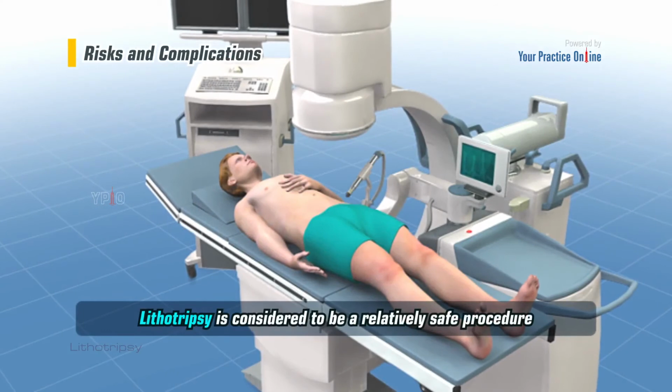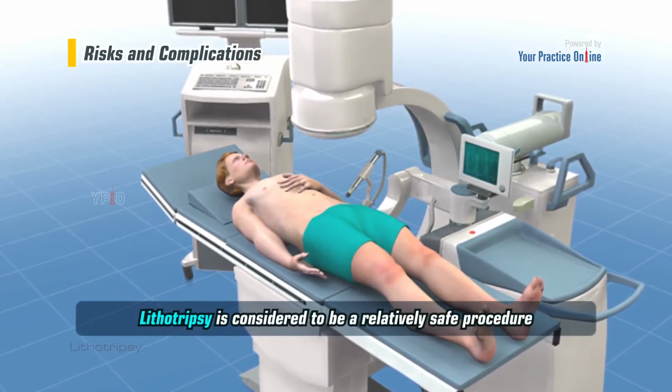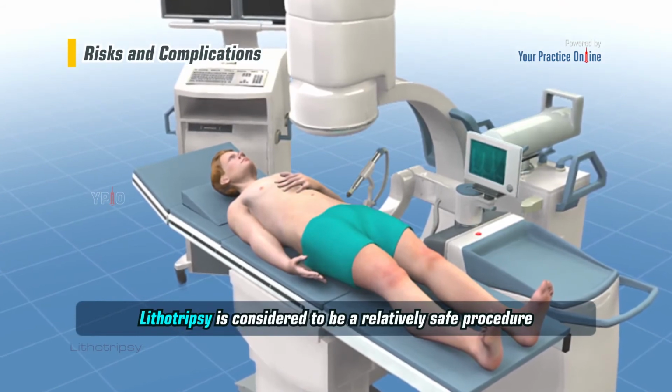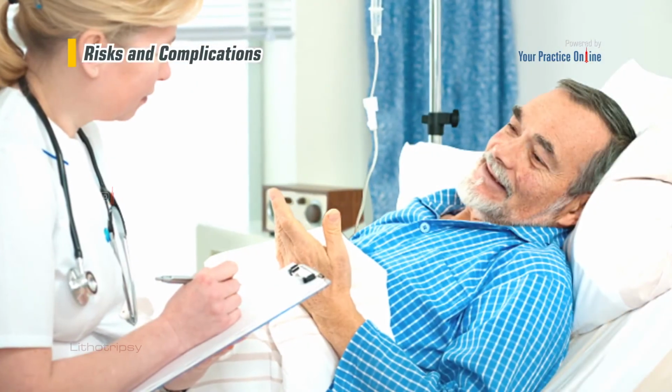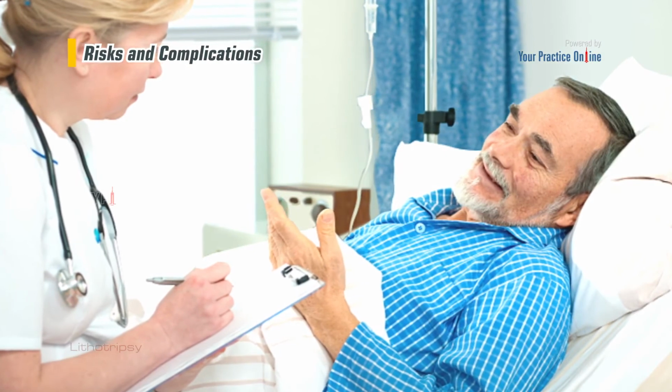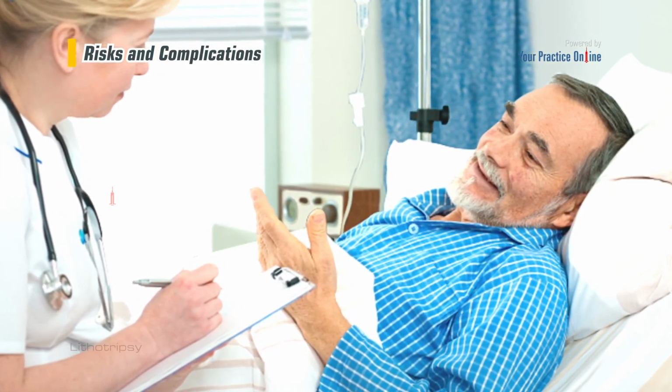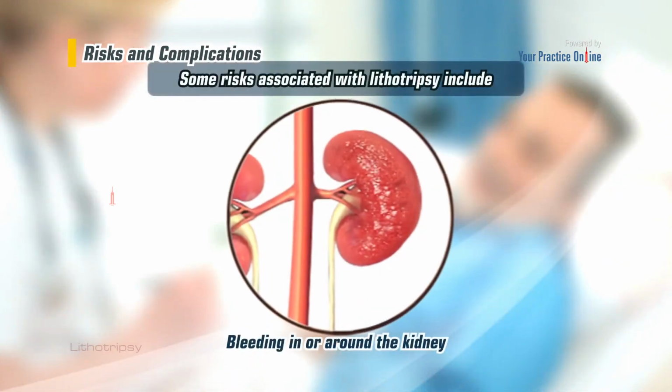Risks and complications. Lithotripsy is considered to be a relatively safe procedure, but as with any medical procedure, there are risks involved. Some risks associated with lithotripsy include bleeding in or around the kidney,